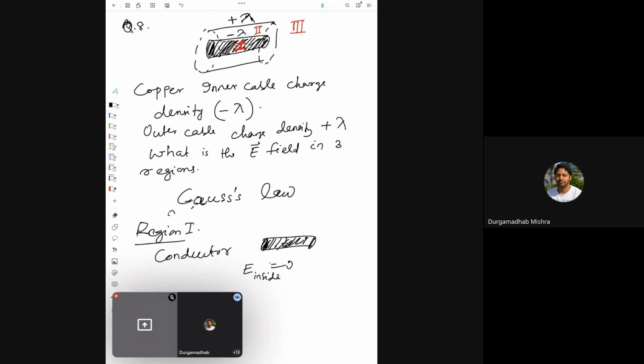Okay. So why is it the case? Because all the charges always will come to the surface, because any conductor has lots of free charges, the free electrons, and that is why they conduct electricity. So when you apply an electric field, a lot of free charges are available which can move. So now when you are applying an electric field, charges will move, and if I take a conductor with all these free charges, for example, if I apply an electric field like this,